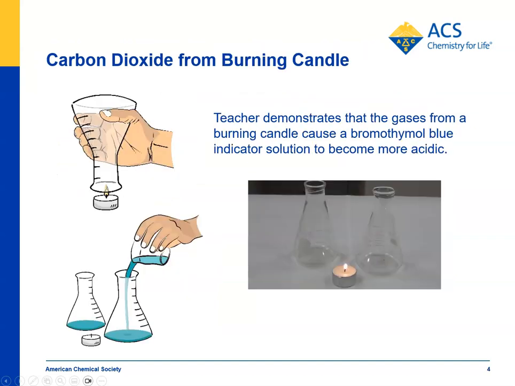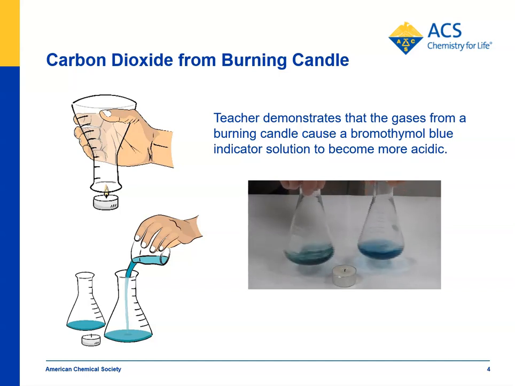And then we do one last test, and that's collecting the gases from a burning candle. So in this case, we're burning a hydrocarbon, which is wax, and we're collecting it in a flask for maybe 10 seconds held above the flame, not directly over the flame to put it out. Then you blow the candle out, and there should be some gases remaining in that one flask. We're adding bromthymol blue again to both flasks, and then we'll just see if there's anything from the burning candle that acts like the carbon dioxide did before.